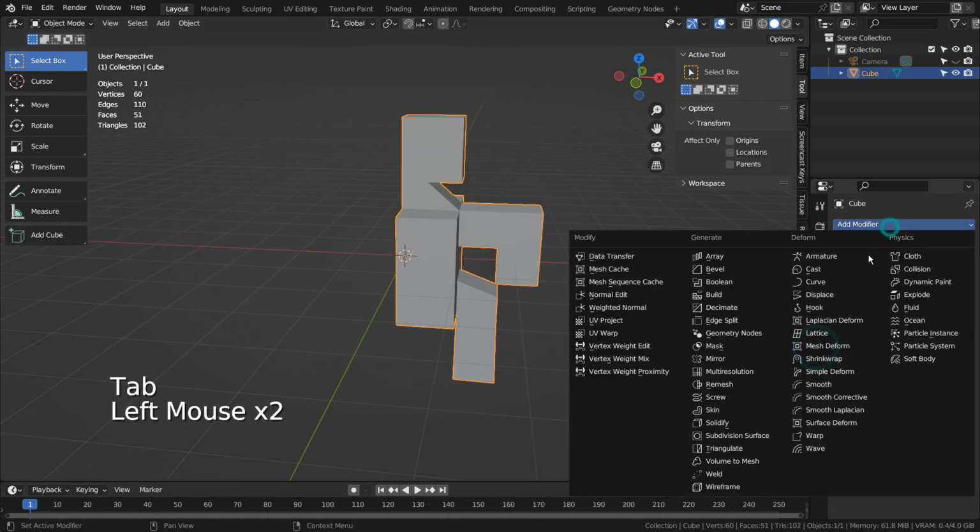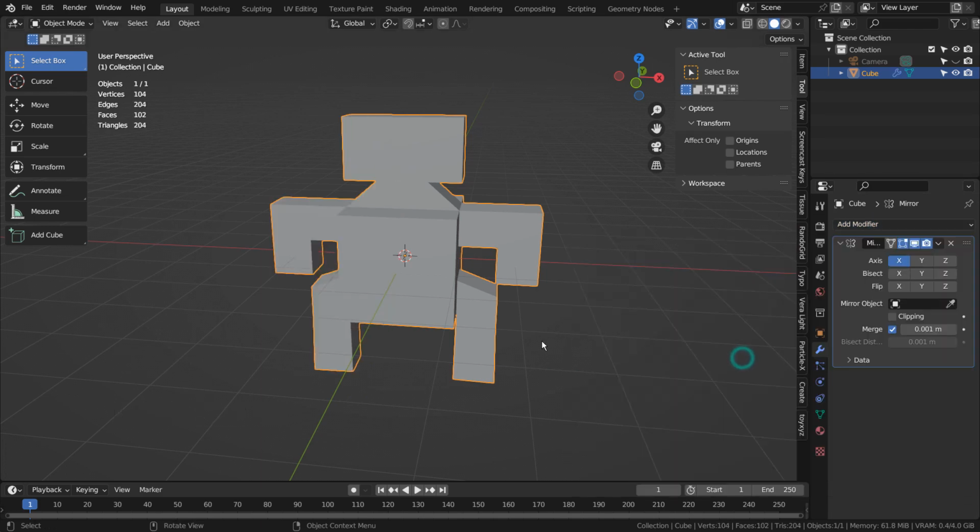Let's mirror the mesh, render it, and send it to Stable Diffusion after adding a ground plane.